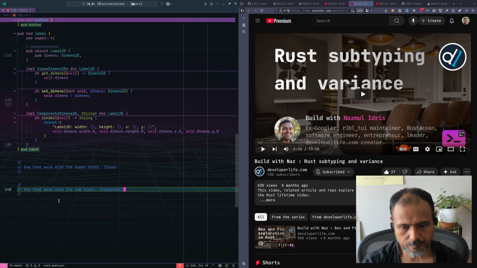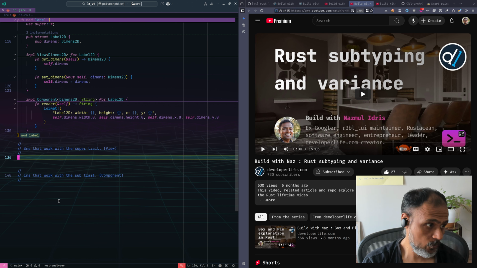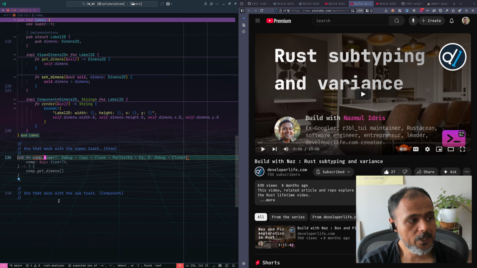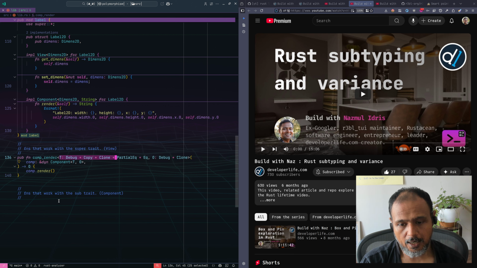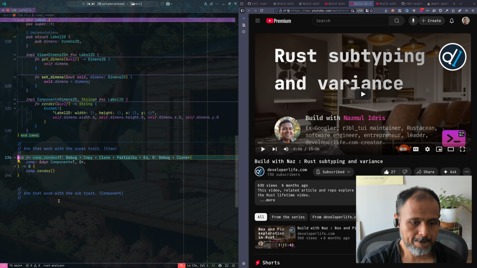So, and these are just to show the signatures of the functions, just so that we get comfortable with the type system and how it handles all these things. So here we can say something like pub fn component_render, and essentially it's saying that there's a function called component_render. It takes a T and an O. These are two generic type arguments, and